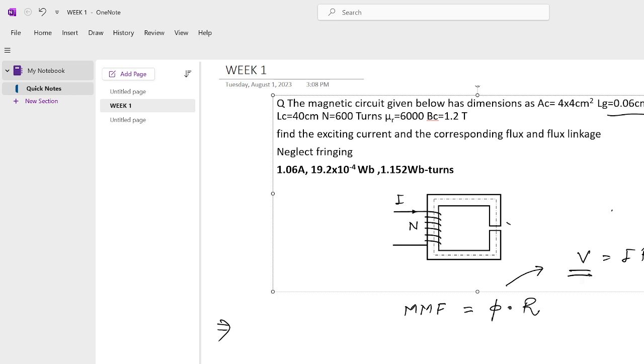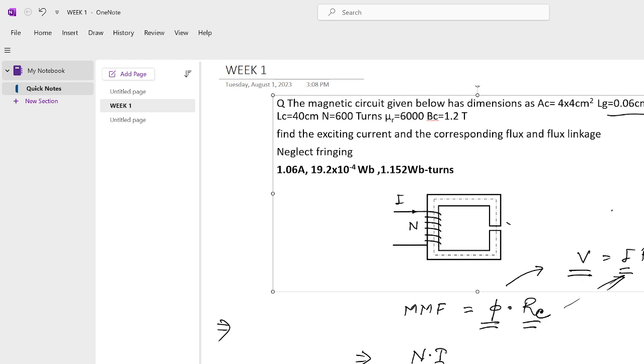V is electromotive force in electrical circuits, I is the current, and R is the resistance. Similarly, we have flux mapping to current, and reluctance Rc mapping to the resistance in the electric circuit. Clear? Yes, sir. Okay. So we have MMF given as number of turns into the current flowing in the wire,